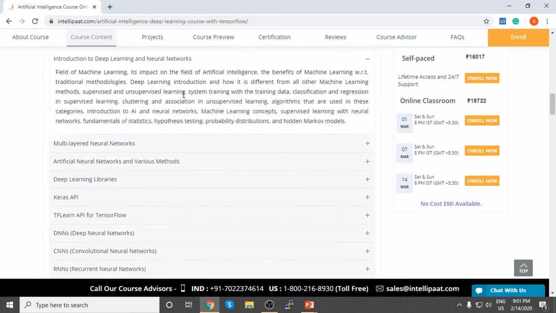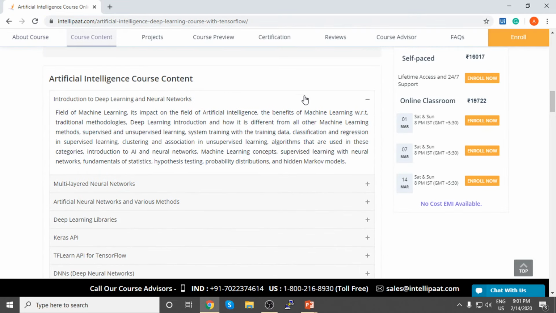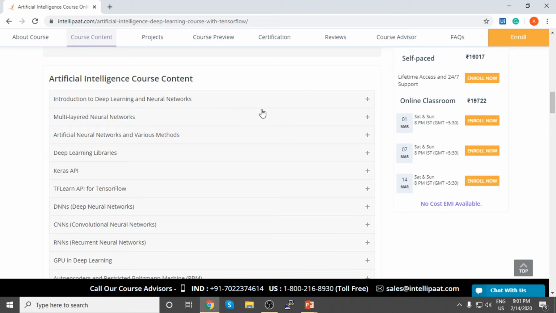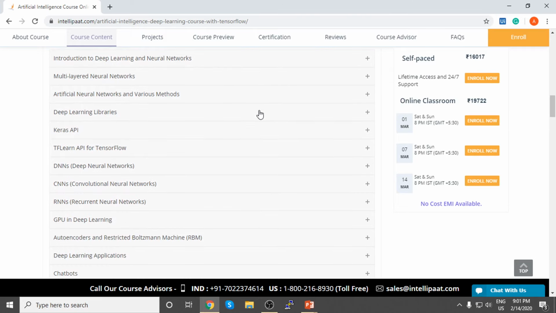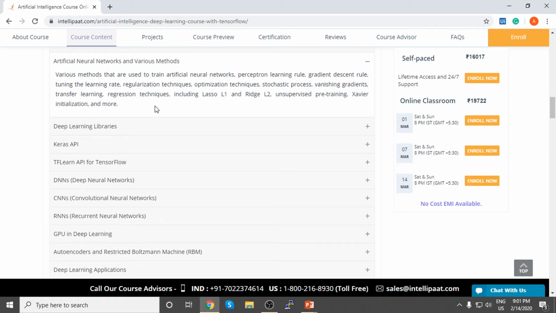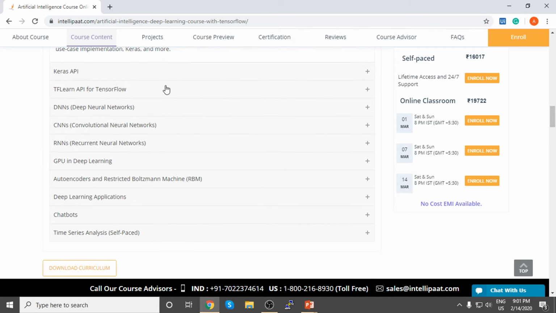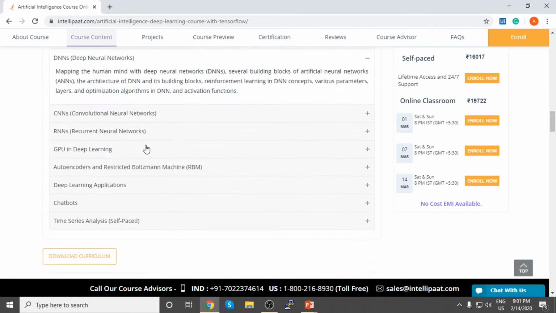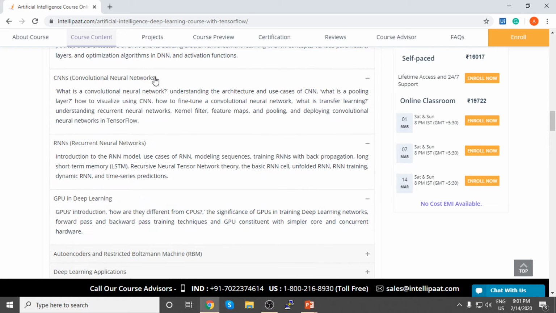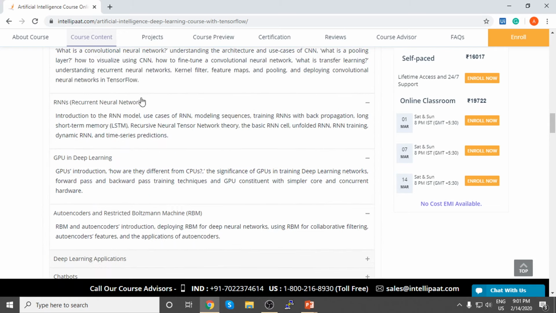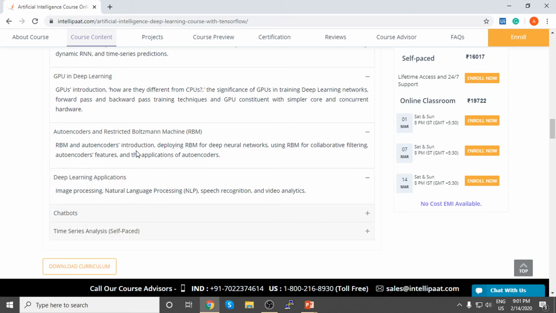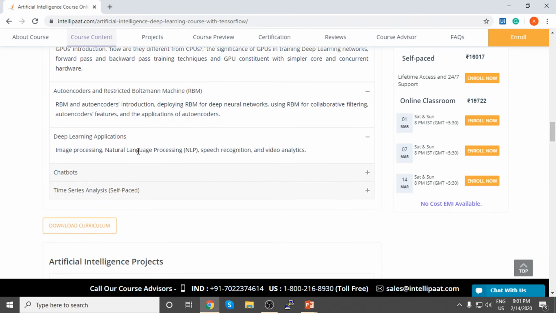Anyway, coming to the course content, you're going to start by taking a quick introduction to deep learning and neural networks, multi-layered neural networks, ANNs, artificial neural networks, various methodologies, deep learning libraries, the Keras API, DNNs, guys. There is so much that you're going to learn and master. I'm just opening all of these up, but to learn it in depth, to understand everything,